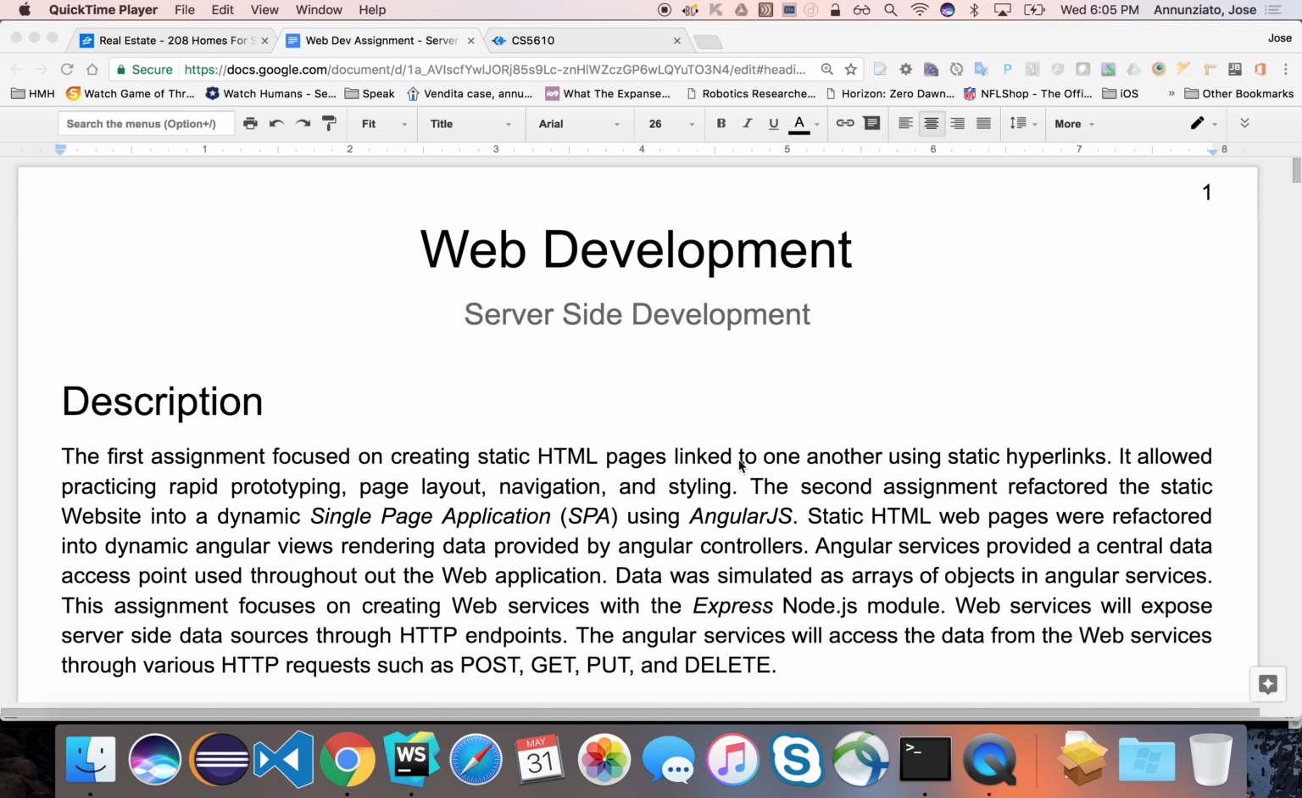the server side. Yes? Is it recorded? I believe it is, yes. Okay, that's the